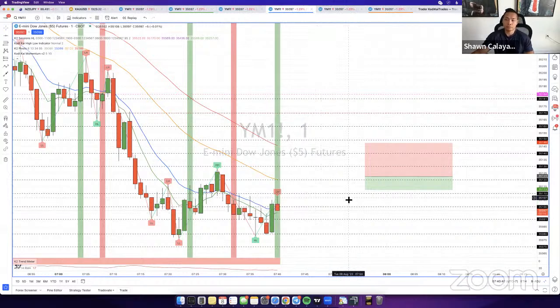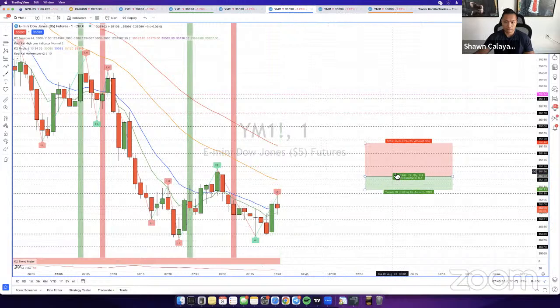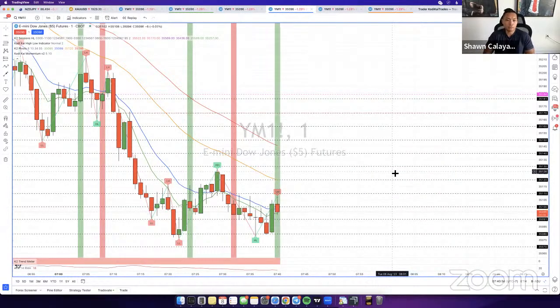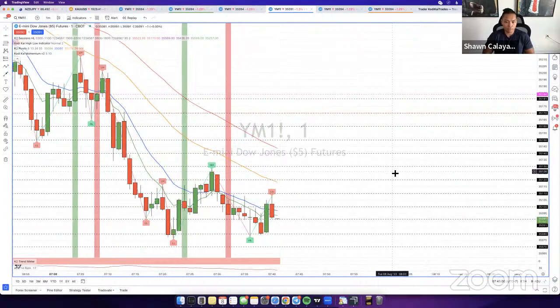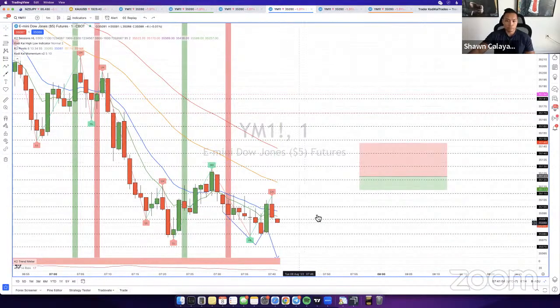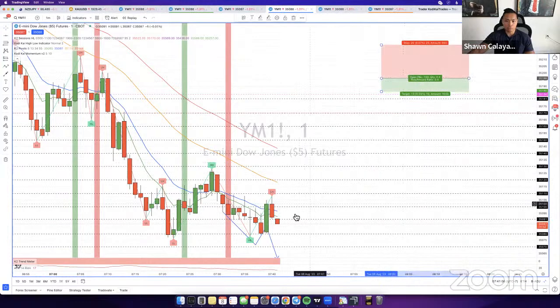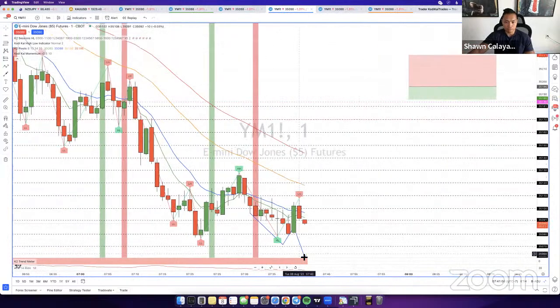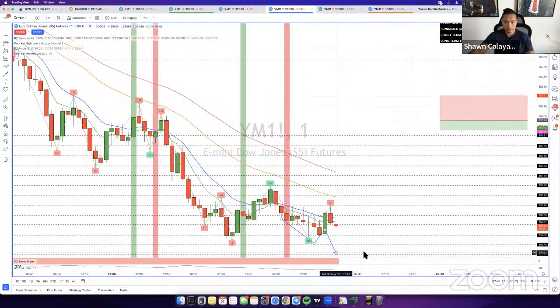It looks like we might have to wait for another reset, but the volatility is starting to die down quite a bit. It's now currently at 17, 18 actually. And we'll see what happens here. If there's any questions that you guys have, feel free to put your questions in the chat. Unfortunately, I have a flat account for today. I don't have any profits, but I'm fine with it. I'm not too stressed out about it. We're doing pretty good for the week so far. Monday was a really good day for us. So the last thing we want to do is force anything and get caught in some bad positions.